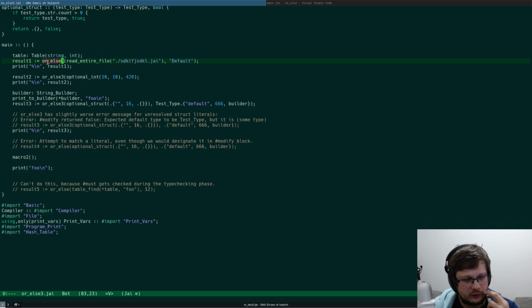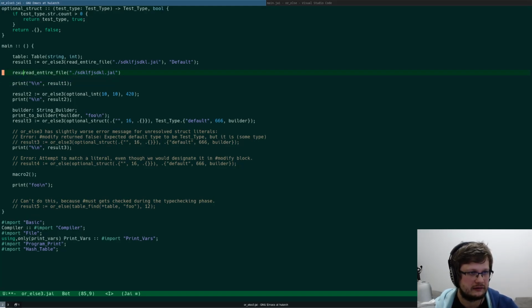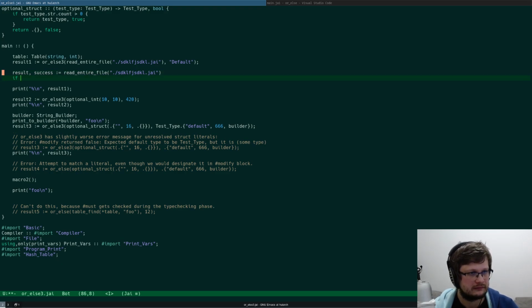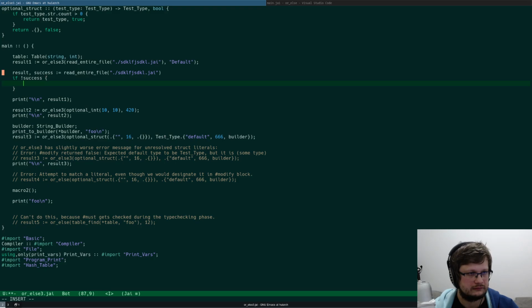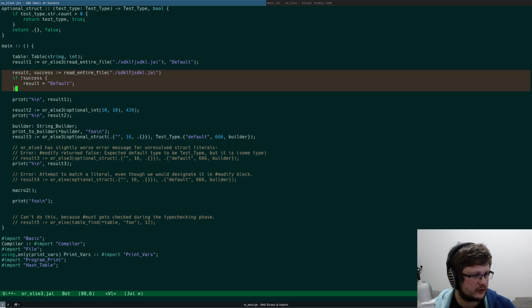And this macro transforms this procedure call into basically this. So here's 1, 2, 3, 4 lines of code, right?